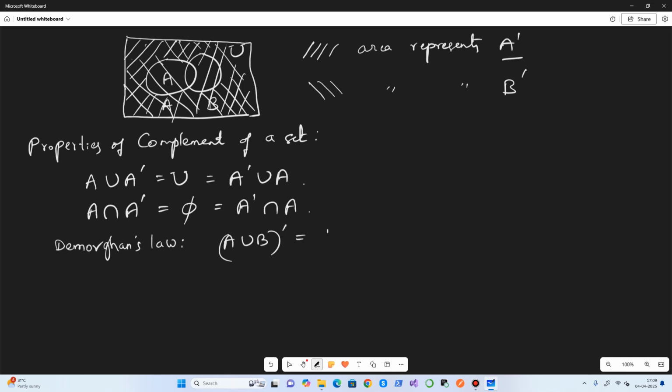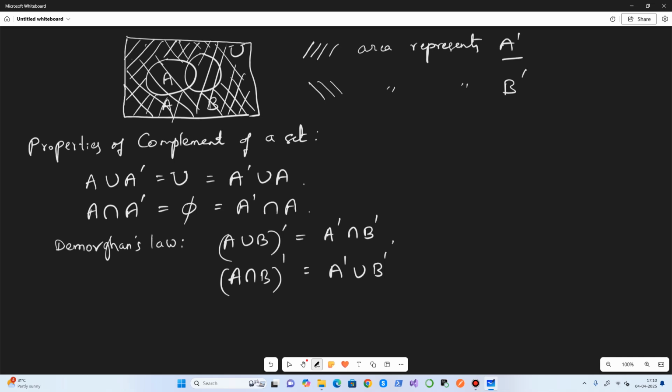So it is A complement intersection B complement. Similarly, the complement of A intersection B is A complement union B complement.